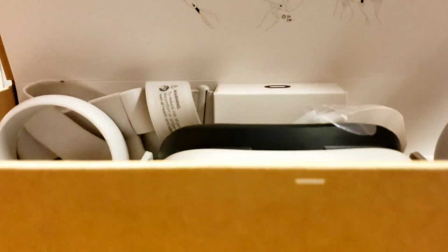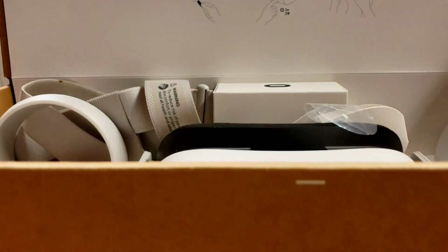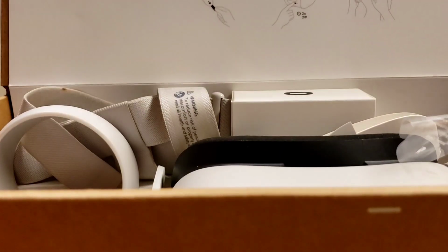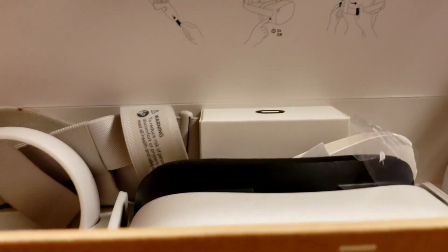So we're gonna go ahead and unbox it now. We'll leave this in the back. First we're gonna get the box itself. I hope I'm opening it right. And then we're gonna get a traditional brown box, you know, to save recycled material. And here we are, ladies and gentlemen. We're looking at some of the material here. So we're gonna look at this first. Sorry, I have that camera angle